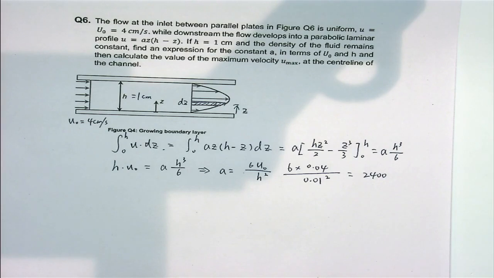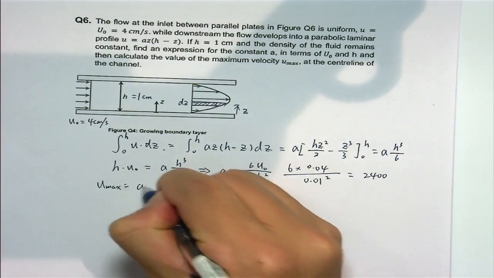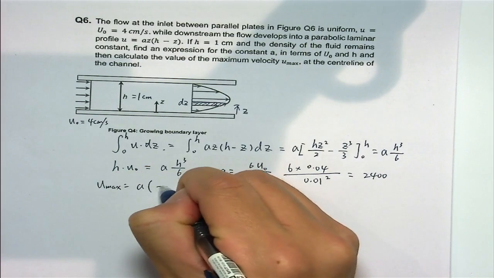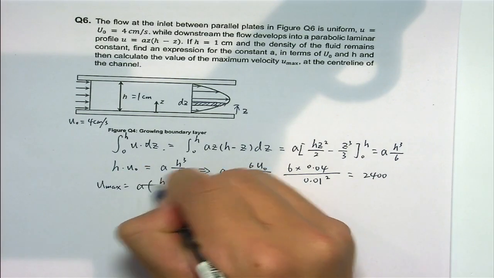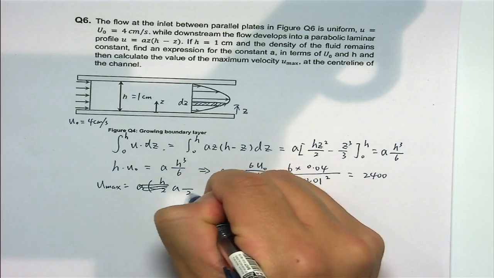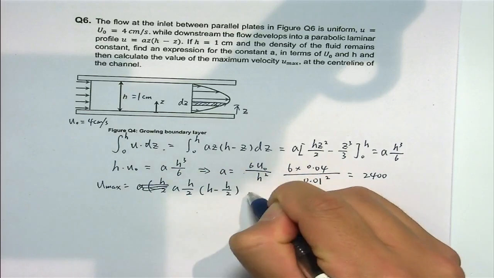So where is the maximum velocity? In the central line, right? On the central line. So it's just the half height. So U max is equal to A, height minus, that is